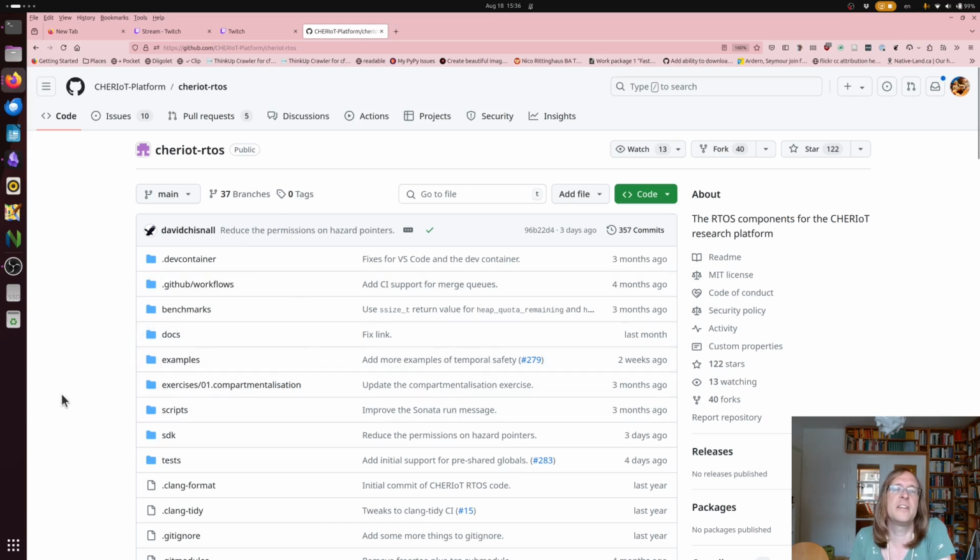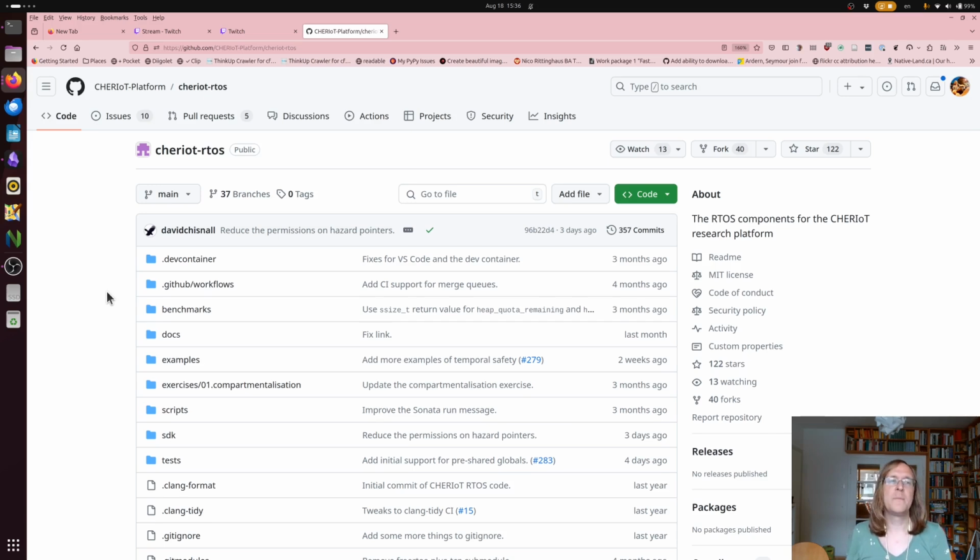But the good part is that the CHERIoT project has a very nice dev container setup and nice CI workflows, and the CI workflows use the SAIL-based emulator, so this takes away a lot of the super frustrating bits of